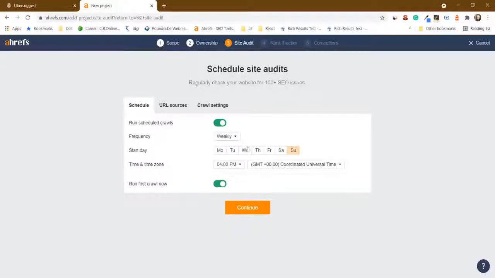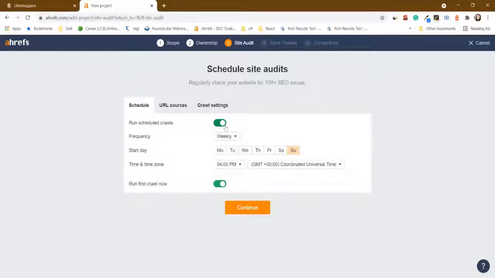Now I just want to do it right now, just once. Here you can schedule weekly or daily or monthly, and when the site audit should start. You can choose the time and the date as well, basically which date and how frequently.